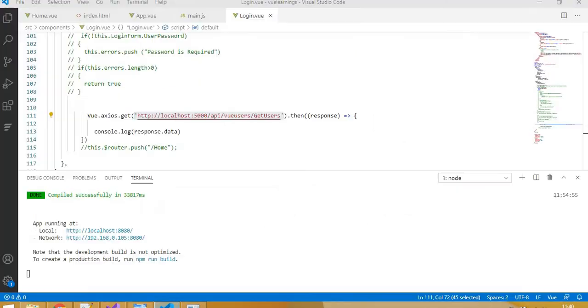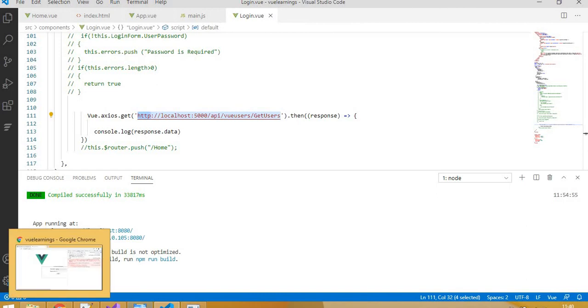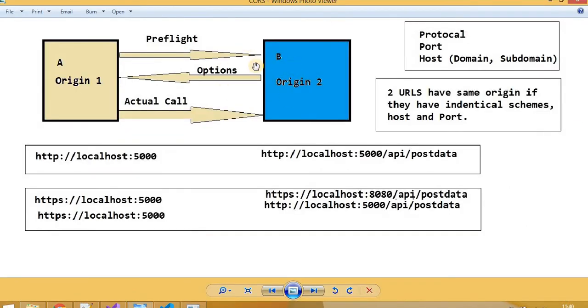So when the browser executes this, it checks if the port number, domain, and protocol are the same as the client-side application, that is the Vue.js one. Then it's fine, it will make the hit and get the data. Otherwise, if there is anything which is not in common, the browser issues a preflight request to the Web API.